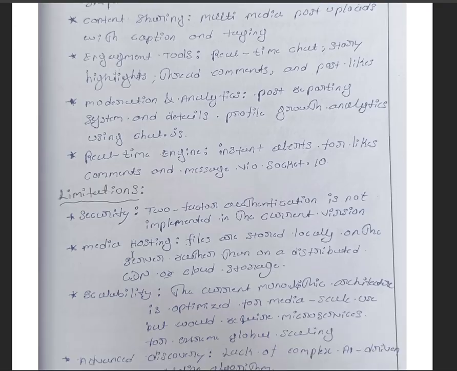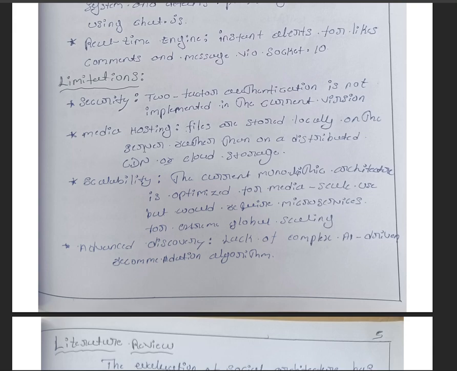Now limitations. There are four types of limitations: security, media hosting, scalability, and advanced discovery. Security: two-factor authentication is not implemented in the current version. Media hosting: files are stored locally on the server rather than on a distributed CDN or cloud storage. Scalability: the current